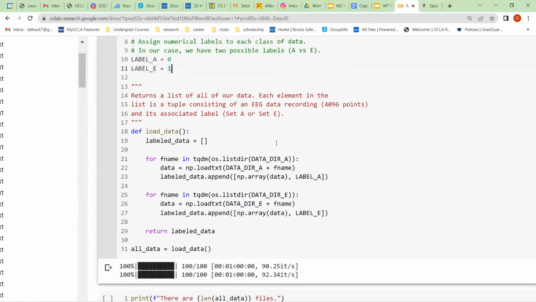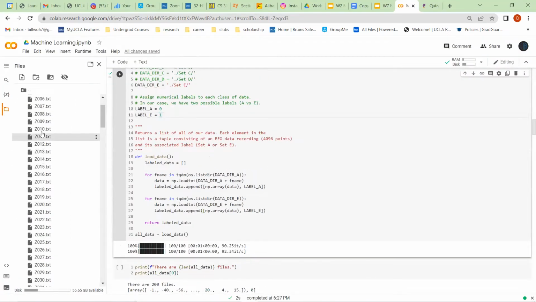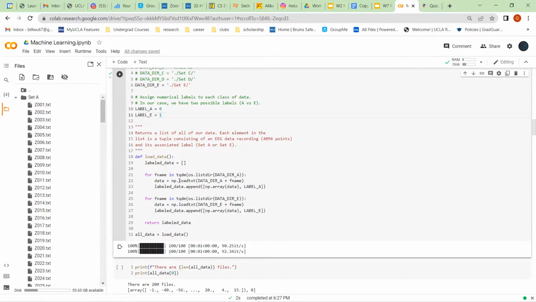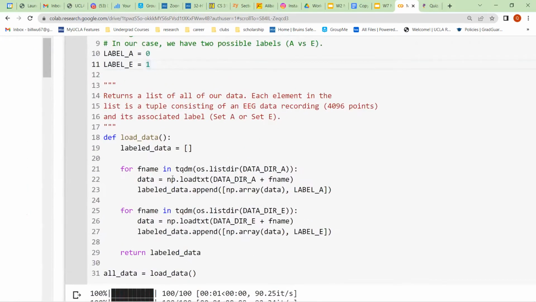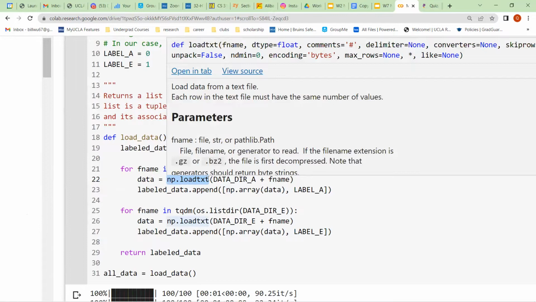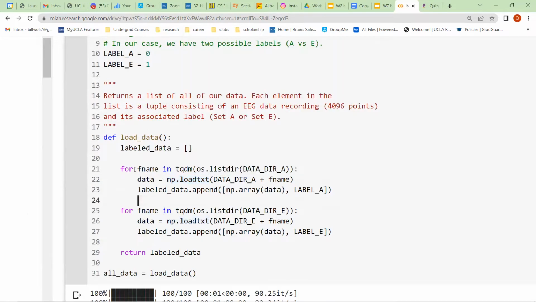And then what we need to do is cycle or iterate through all these files that are loaded onto the local directory, and access each file. We use the numpy.loadtxt function to get all these text files from the directory into the data structure that we want, which is called label data. Another thing we can see is that we're giving them the 2 labels here.